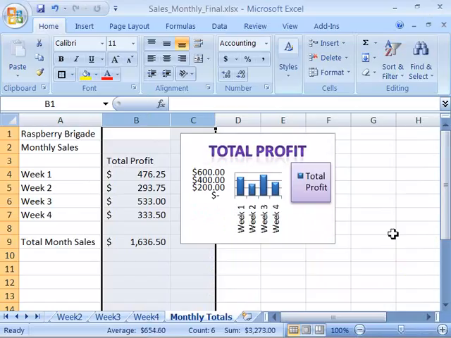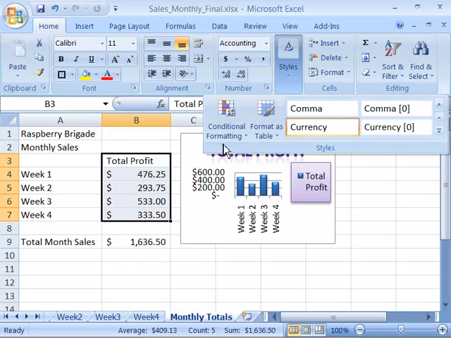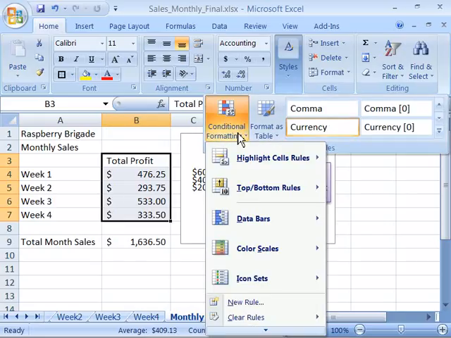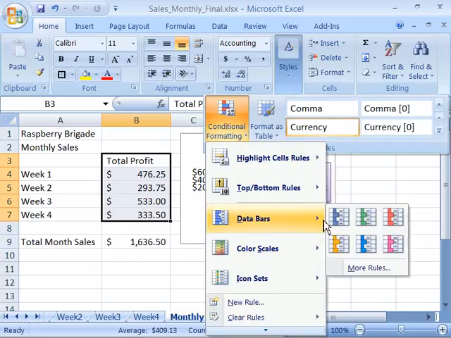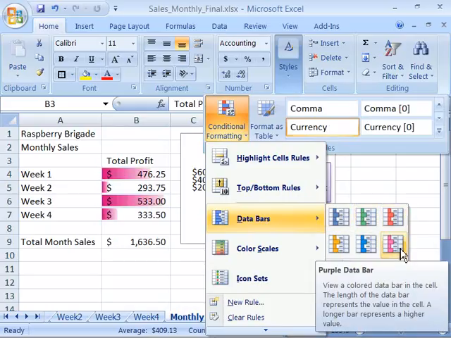You can also apply rich conditional formatting to data in a worksheet. This means being able to apply formatting to cells that helps to visually make data stand out so that you can better manage it. You can apply rich conditional formatting through the rich conditional formatting command. Up here under your Styles menu, you'll find conditional formatting. And here I can go ahead and cause my data to visually stand out